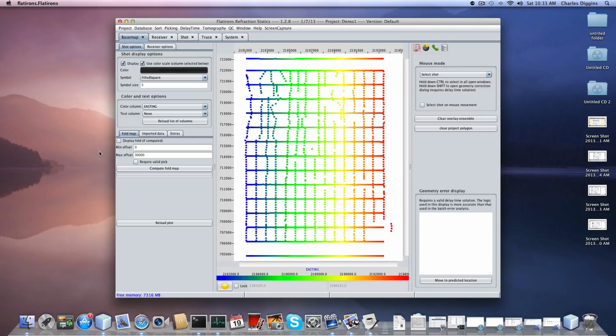This lesson is going to focus on the confirmation of our geometry initially after building a project. The windows I'm going to show you today on this lesson will be useful to you at all points in the program, because what happens is when the program builds a project, it's actually building shot and receiver tables and trace